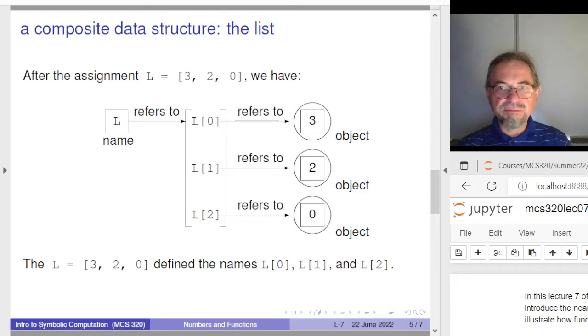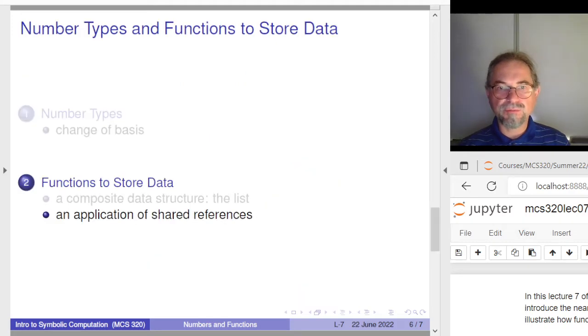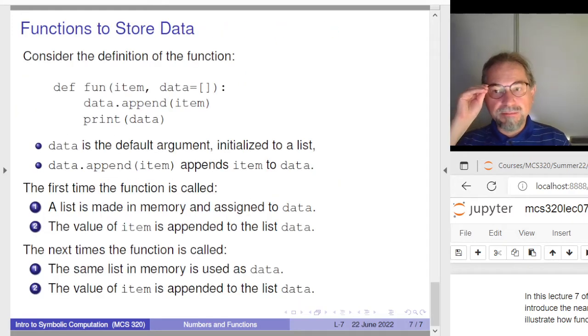Symbolically, we typically do not think about addresses, not as programmers do at a lower level, but here we work with the names. So the name data, in some sense, is persistent, even after the function is done running,